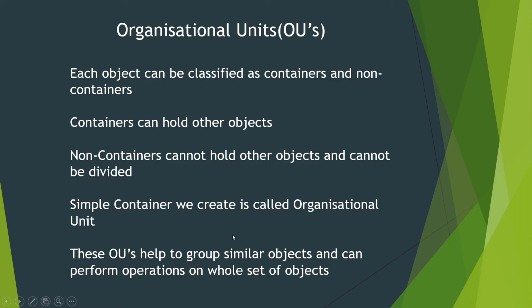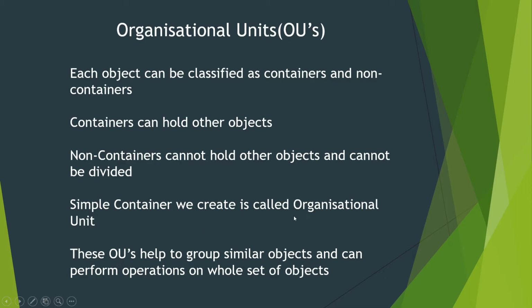Suppose in your college there is a section of people, say 30 members, and you want to create one unit for them. If you want to send a mail to all those users, sending to each object one at a time will be very difficult. So what you are going to do is group those 30 students into this one organization unit. Then all you need to do is send the mail to this organization unit, and it will be received by every student in that unit. So this is very helpful about the organization unit.